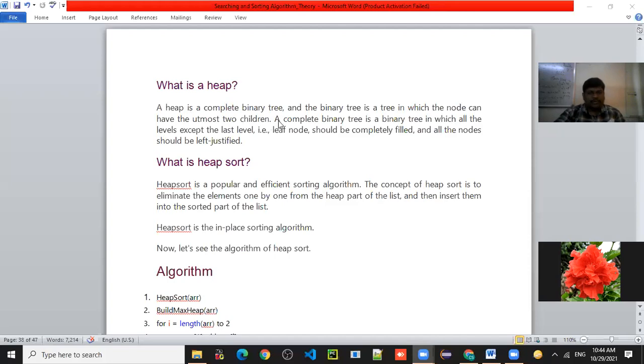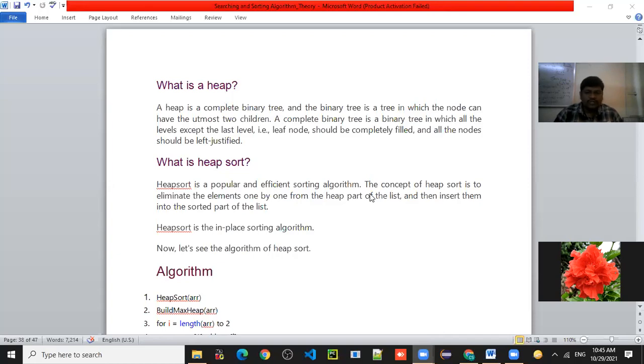Now heap is a complete binary tree, and a binary tree is a tree in which the nodes can have at most 2 children, and a complete binary tree is one in which all the levels except the last level, the last level meaning the last elements of the tree, which we also call leaf nodes, should be completely filled, and all the nodes should be left justified. You will get the meaning of this heap or binary tree when we go through the examples.